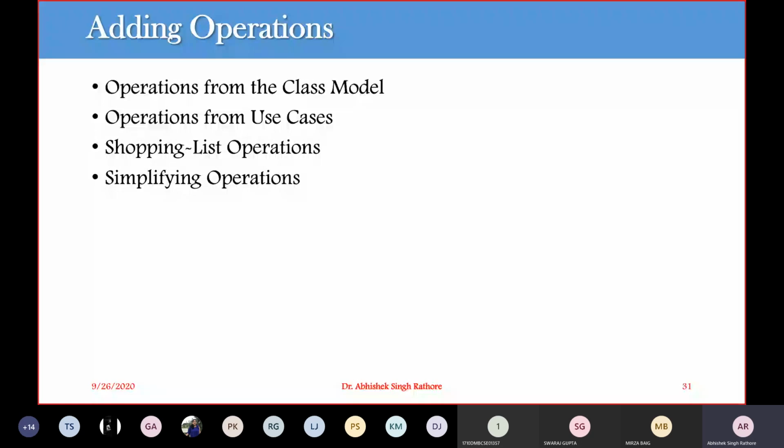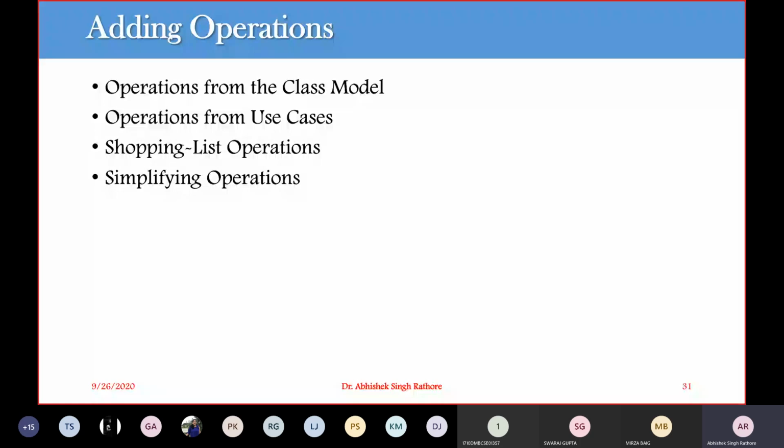During the analysis, all the attributes and associations are assumed to be accessible, and this is possible by defining the operation, because you have a list of attributes that are available, and these attributes should be returned to your persistent storage, or you can collect all the information related to your attributes.